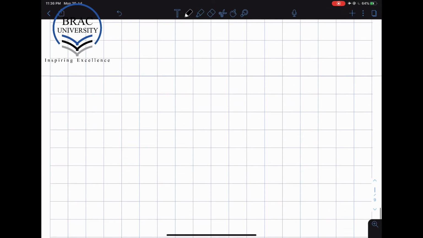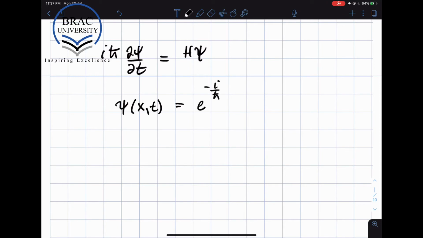So consider the Schrodinger equation again. i h bar dψ/dt is Hψ, so this is a first order differential equation in terms of time, and it's easy to verify that a solution of this equation is given by ψ(x,t) equals e to the power minus i/h bar,